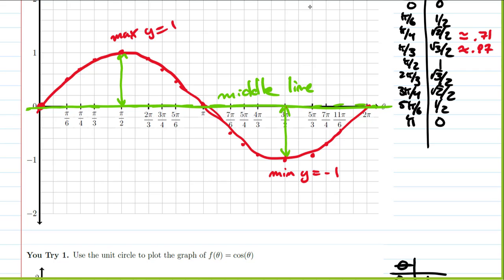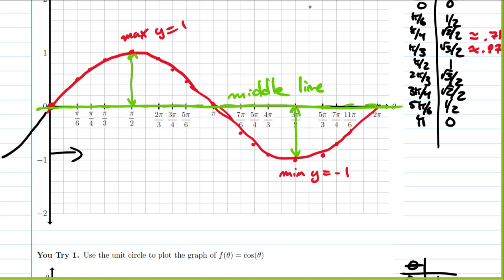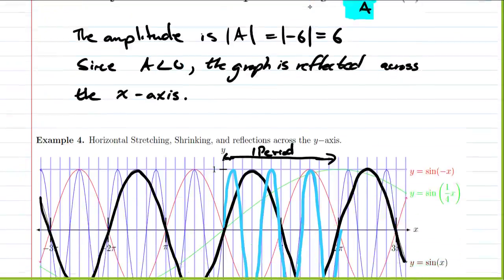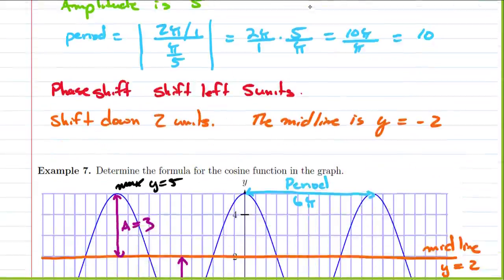So if I were to shift this graph this way, how far would I have to shift it to the right to make me start at the min? So remember, the pattern continues back here. So it's going to have its min back at negative pi over 2. So if I shift this graph right a quarter of a period, we should be okay. So we can shift